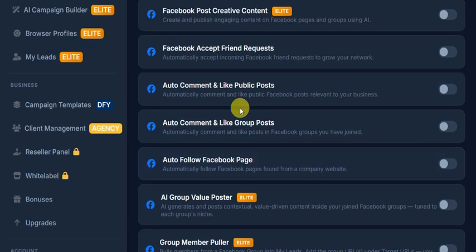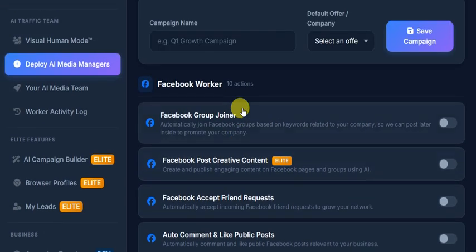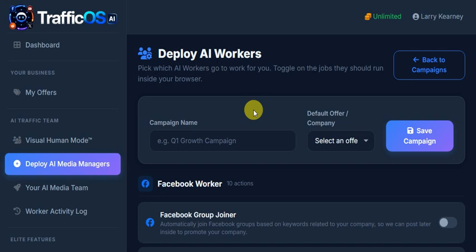So it does everything for you, and this is the first time this system has ever been available to anyone. Everyone knows AI is the thing you have to use, but this is the most advanced agent system that I have seen because you don't have to know anything. You just follow the video training, set it up, activate the agents, and your whole AI team handles all the rest. AI is very good at posting and commenting on people's conversations.